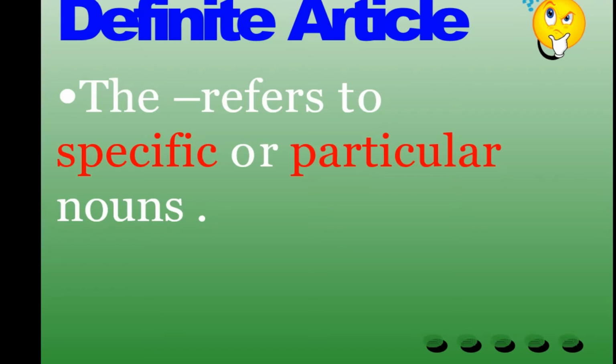In a sentence, you need to know which one to use, the one that refers to the specific and the one that refers to the non-specific. Otherwise, the sentence might have a problem. It really has a problem. Sometimes, for example, you don't use the. So you say, I know a man who lives in my village. He is really handsome.